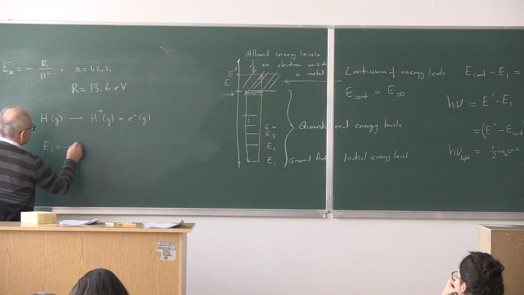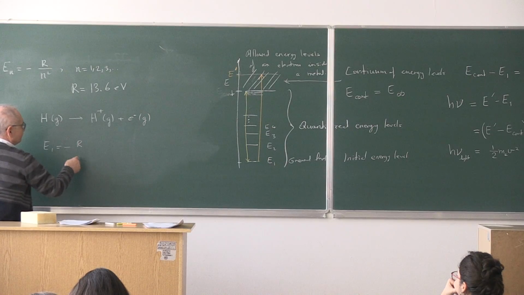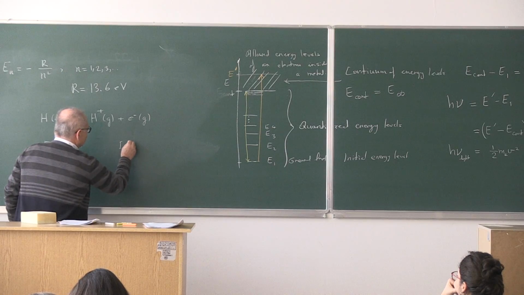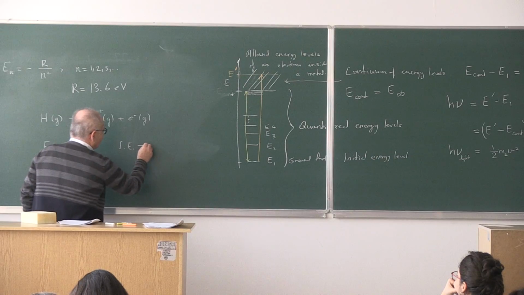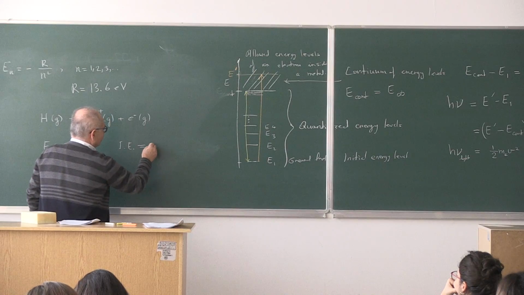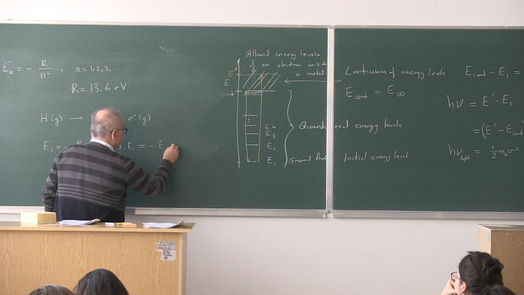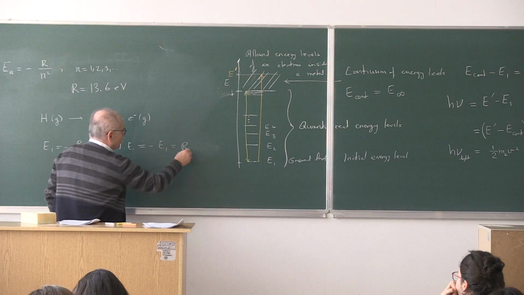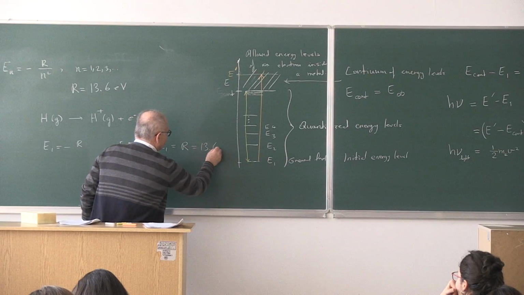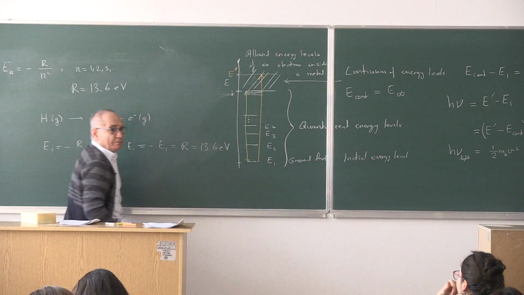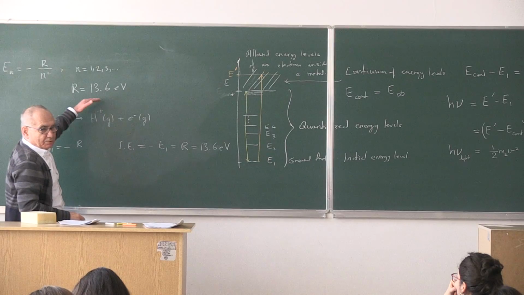E1 minus R. So, ionization energy is equal to just minus E1, which is equal to R, or 13.6 electron volts. According to this,